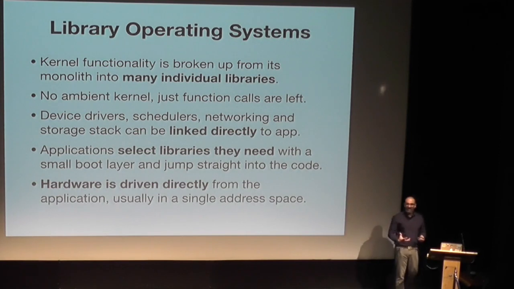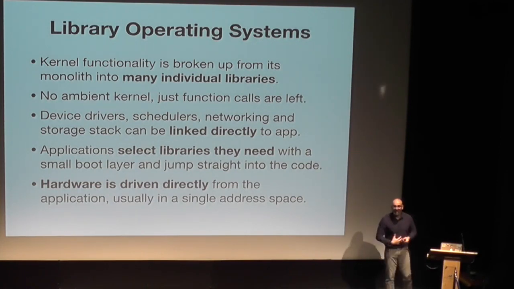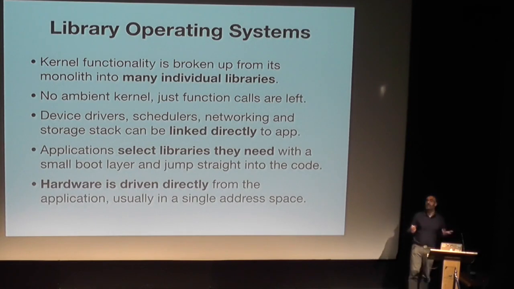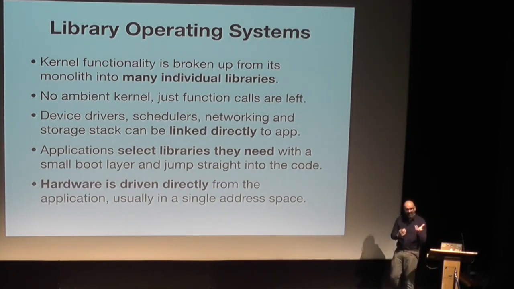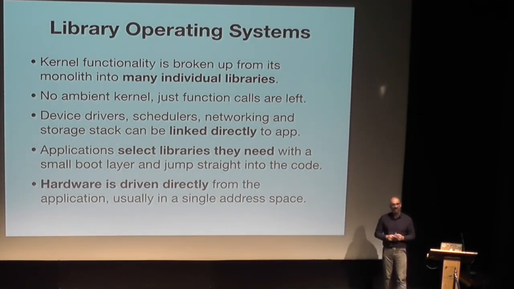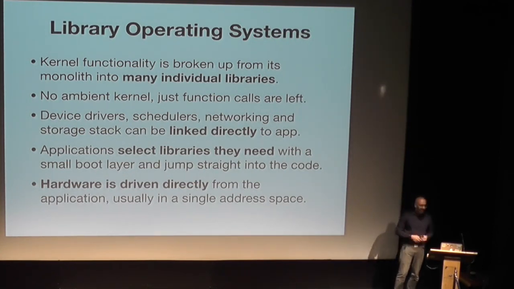And then all of the device drivers, the schedulers, the thing that your application was formerly dynamically calling into can now just be called as function calls instead. And they can be linked directly into your application. So the applications select the libraries they need, they just link them as normal, and whenever you wanted to make a function call, instead of dynamically dispatching it, you just keep compiling. Your compiler just keeps going. And critically, whenever you run this thing, your application has effectively become an operating system. The application, because it's now linked in with the kernel, just like it's linked in with other application logic, drives the hardware directly. So there's no layers between us anymore, and hence it's called a library operating system.